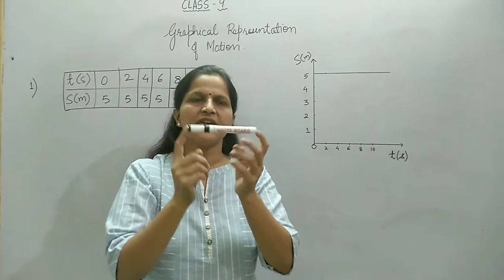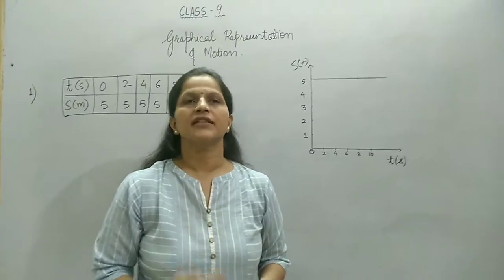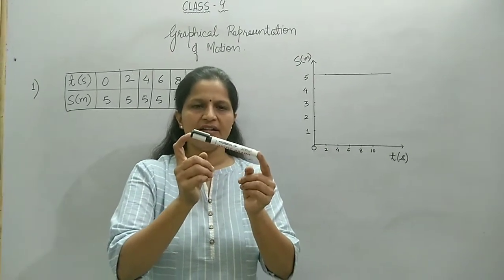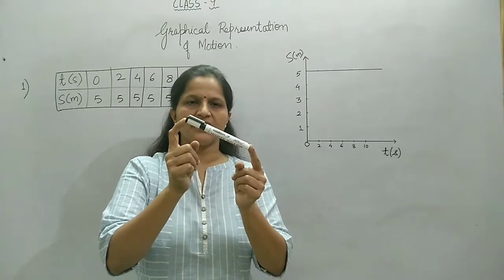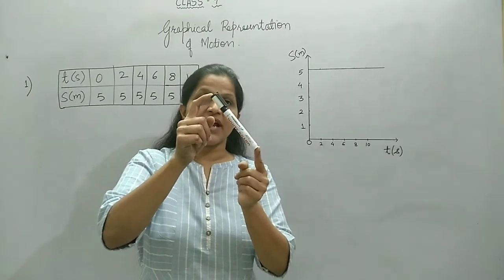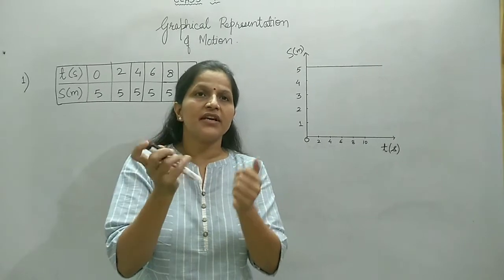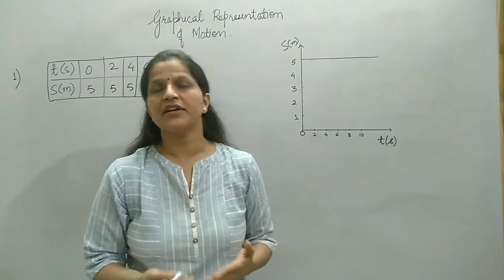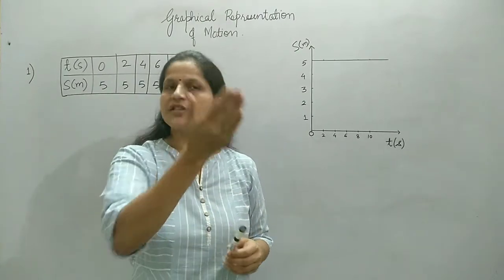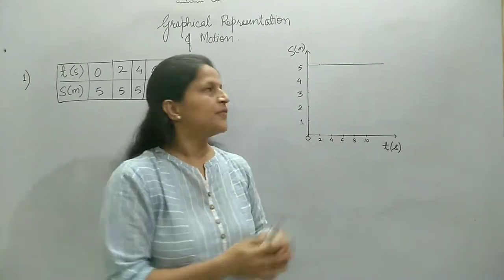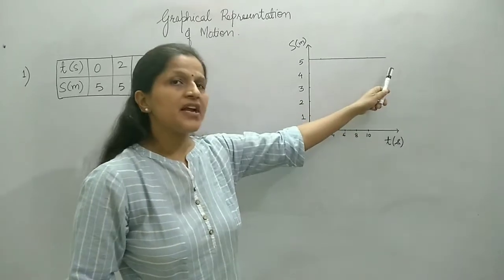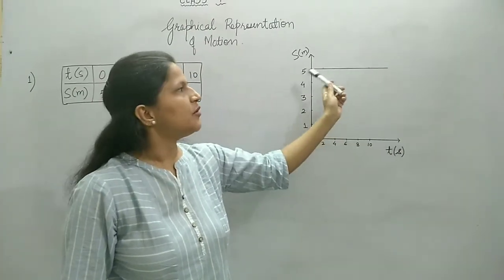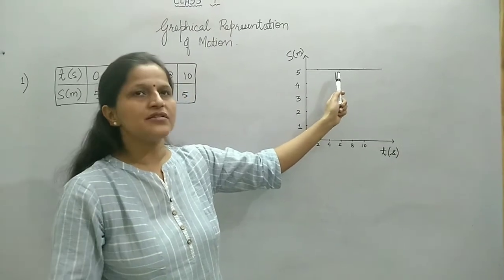Suppose let us compare it with an example of slides in the water parks. Suppose you go to a water park and there is a slide like this, and there is another slide like this. The slide which has greater slope will give you a little greater fear factor or greater excitement, whereas the slide which has a lesser slope will be less scary. So this graph, if we compare it with those slides, it has absolutely no slope. No slope means that it has zero slope.